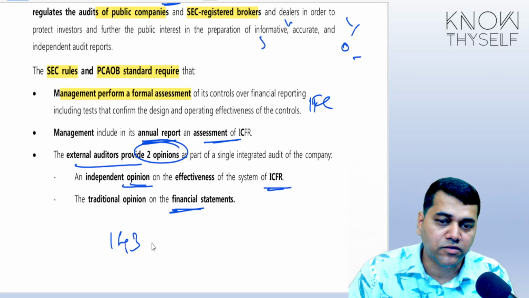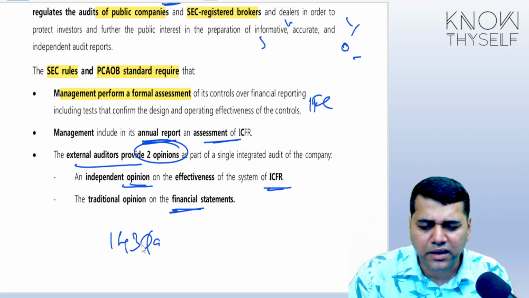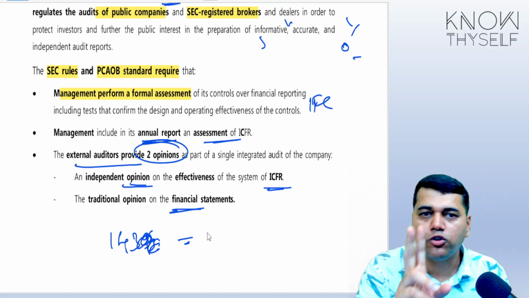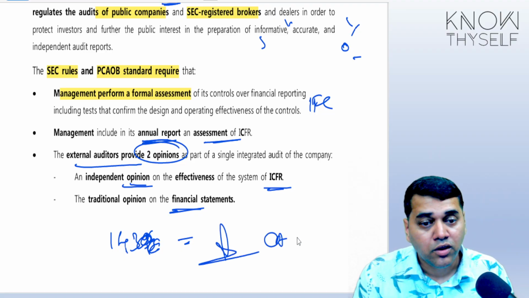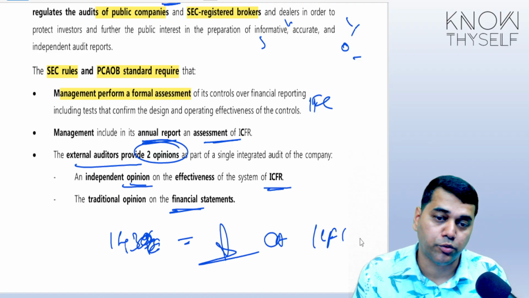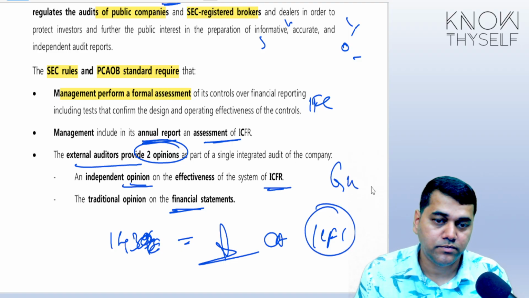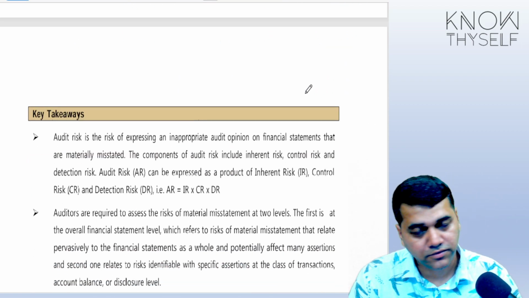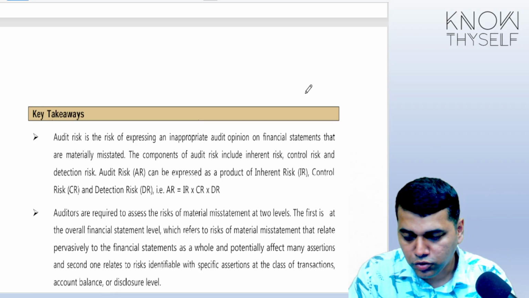Somewhere in section 143, I don't recollect the subsection, the auditor is supposed to give reports. Today we have got two reports, two times we sign, or three signs. One is CARO, one is our financial statements, balance sheet and P&L, another is this ICFR, internal control reporting. And for this, they have given the guidance notes. So this is all about this particular chapter. Very fantastic chapter. I hope you have understood. So we will make a quick note.